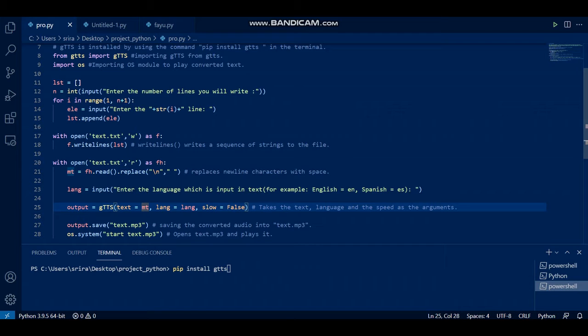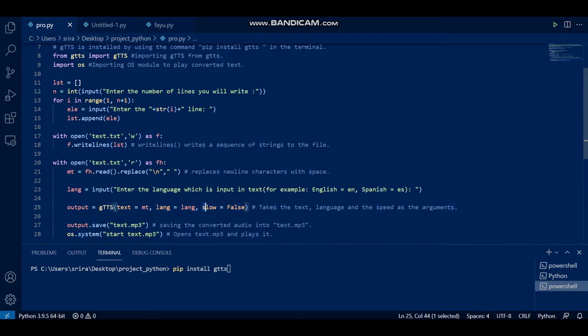So empty is equal to the line it read here. So basically just a single line. No matter how many lines I gave, it just reads the single line, because replace modifies the entire chunk of text into just a single line. So I have text equal to empty. Then I have just passed the language argument here.